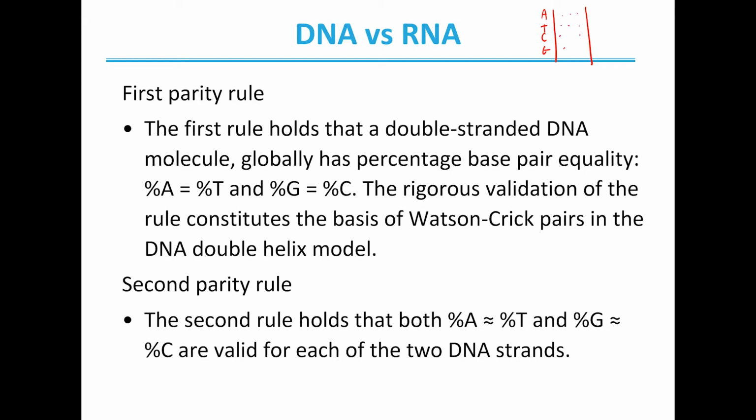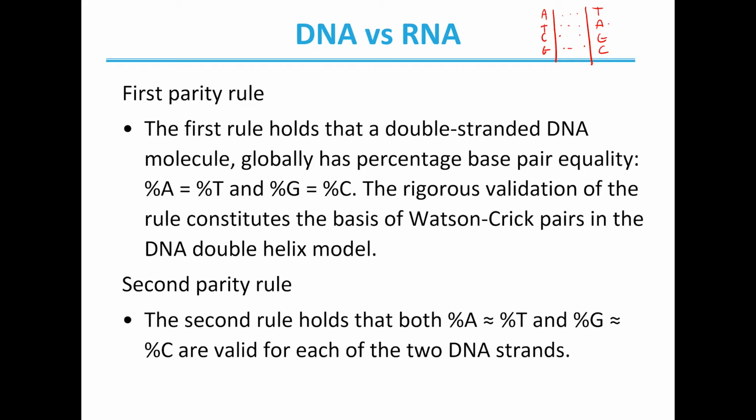And we then know that these will only pair with the opposite, which we just talked about. A only pairs with T, T with A, C with G, G with C. Because of this structure,